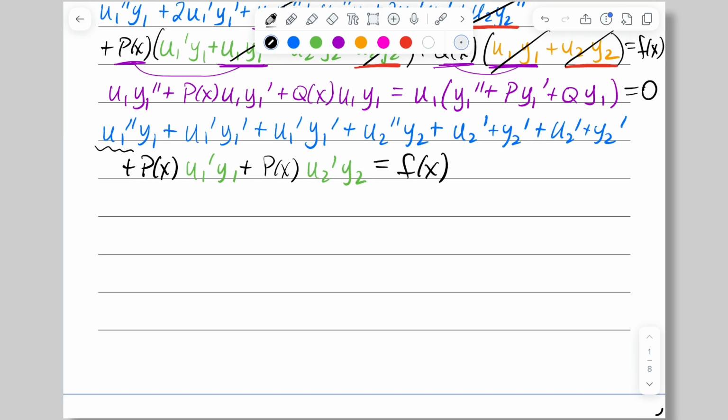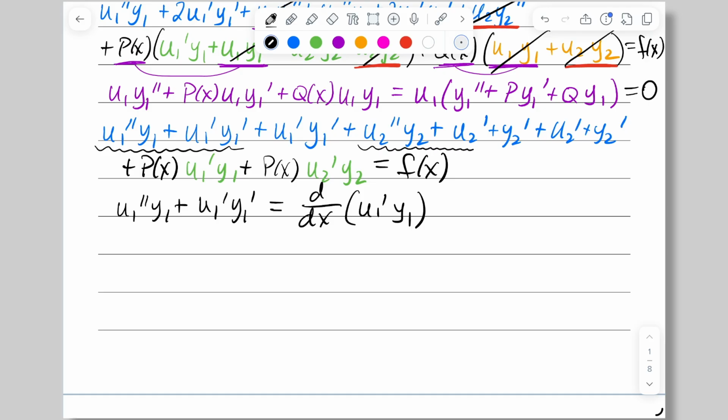I'm again going to single out some terms. If we look just at u1 double prime y1 plus u1 prime y1 prime, and if you take just a moment, I'm sure you can convince yourself that this is actually the derivative of u1 prime times y1. Furthermore, we have here this u2 double prime y2 plus u2 prime y2 prime, that also equals a derivative of u2 prime this time times y2. So putting those together,